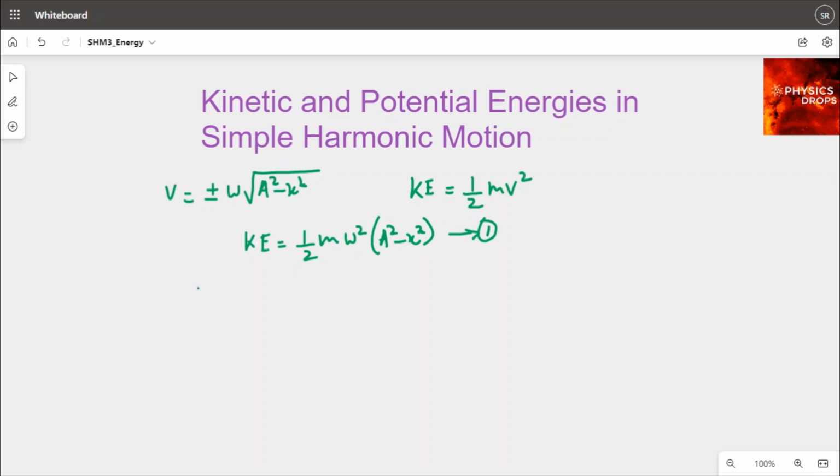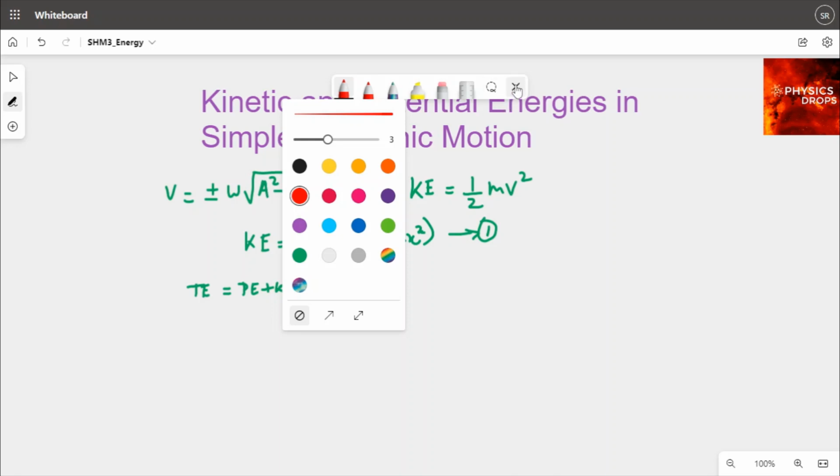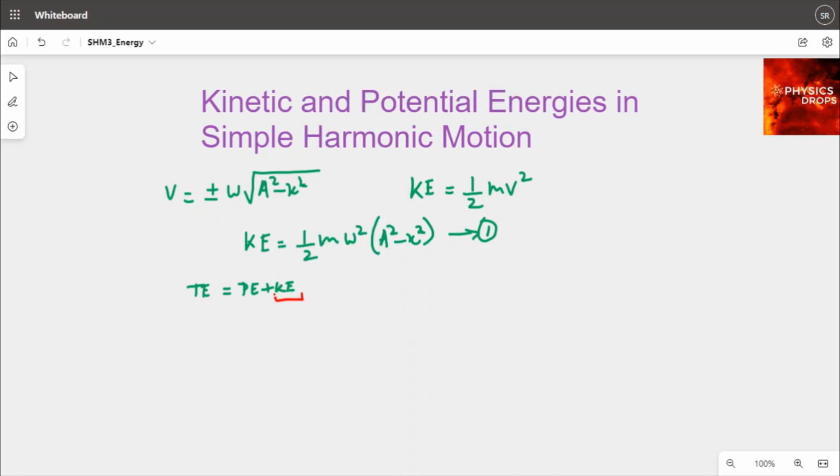Now we also know that total energy in the system is the sum of potential energy and kinetic energy, which means when potential energy is 0, kinetic energy is max. So if we know the maximum value of kinetic energy, then that becomes total energy. So the maximum value of kinetic energy, if we can figure out when potential energy is 0, becomes equal to total energy. From equation 1,